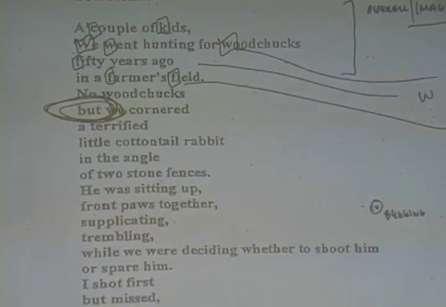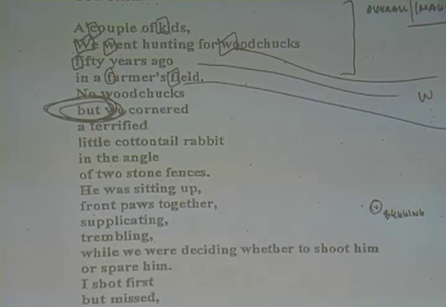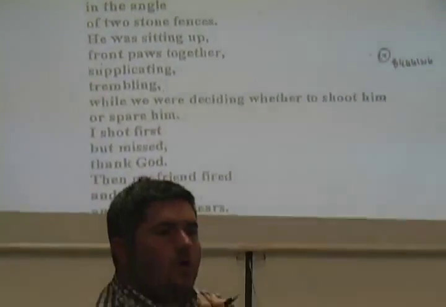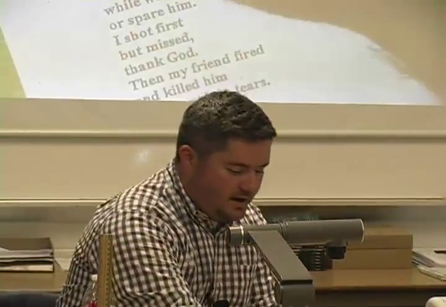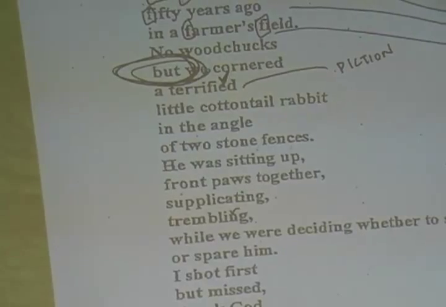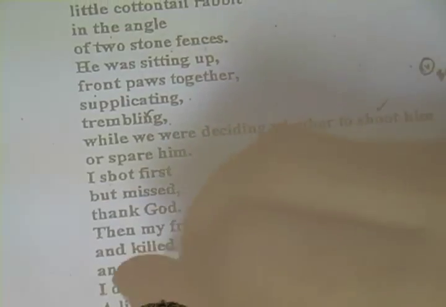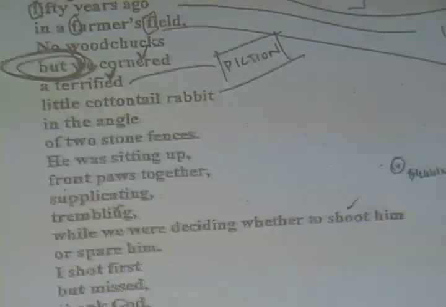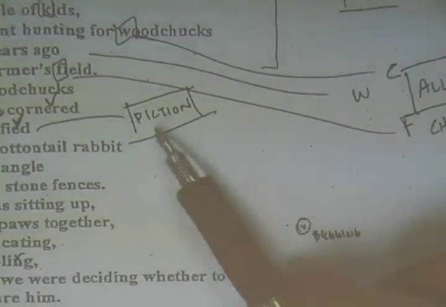Well, is there anything you see here that strikes you as something other than childlike? Terrified. What is a single word an example of in terms of literary devices? What do we call word choices that we've got? Diction, right? Terrified is definitely a diction choice. We've got words like trembling later on. We've got words like shoot. We have words like burst. Cornered, of course. So we've got all these different words that are diction choices. Is diction a literary device? But why are the diction choices there? Yes, to create